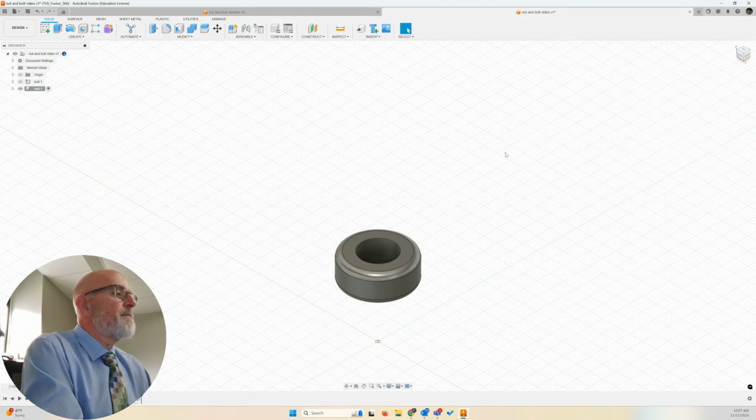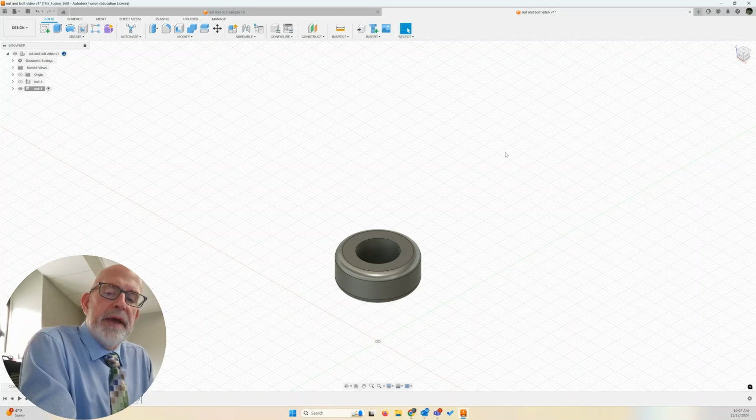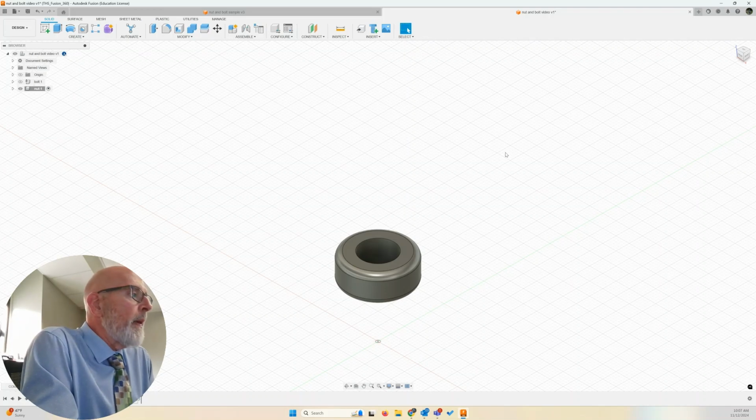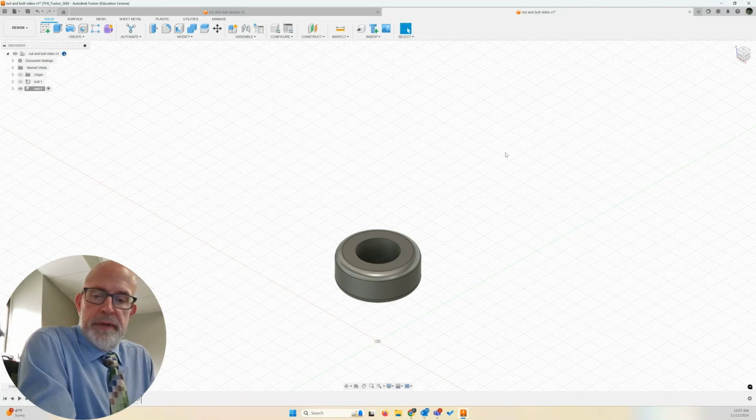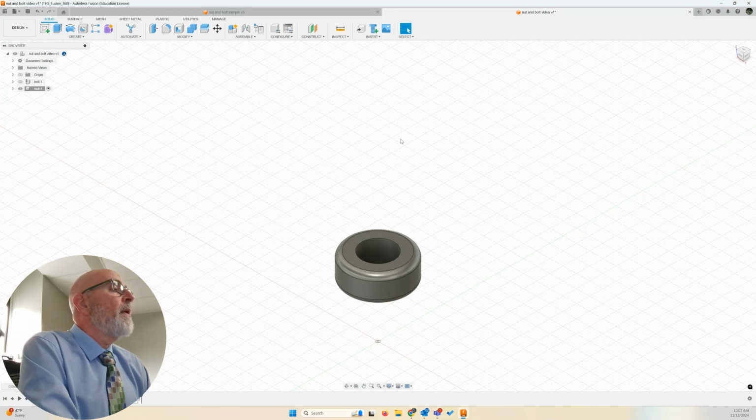Click OK. All right, so I was able to get my outer circle drawn. I didn't have to type in that decimal by projecting the edges of the bolt into my current sketch and making those accessible to me. Okay, now